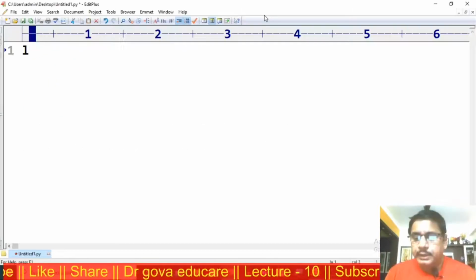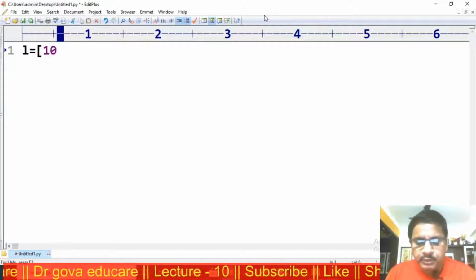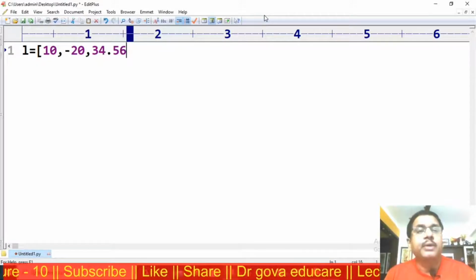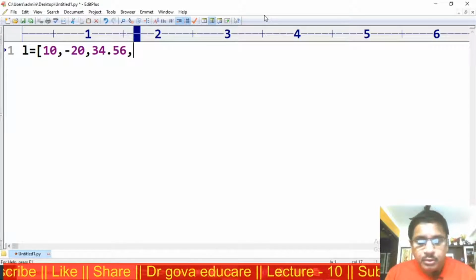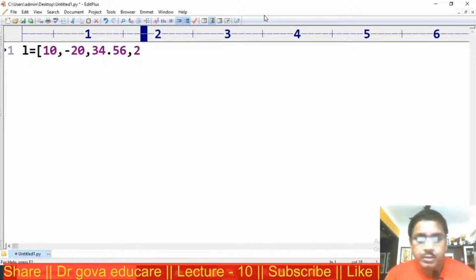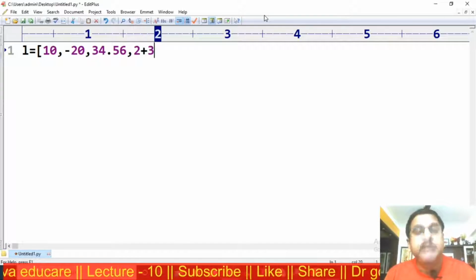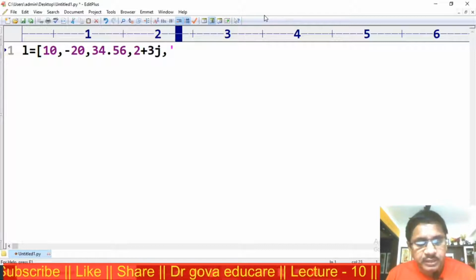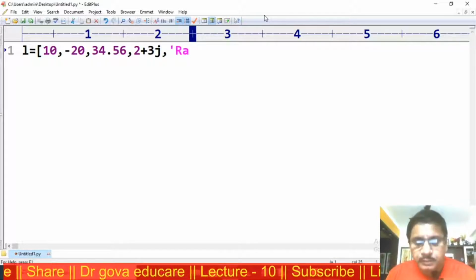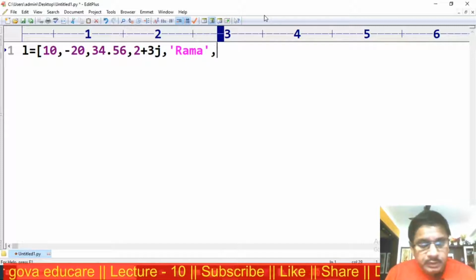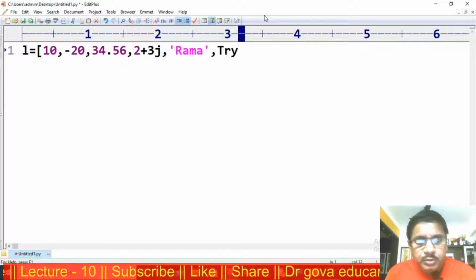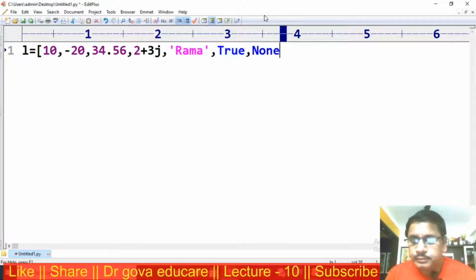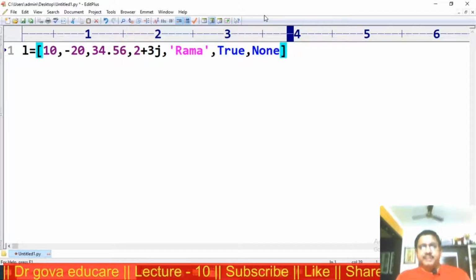Now L is equal to 10, minus 20, 34.56, 2 plus 3j, a string Rama, a boolean value true, and none data type. These are the elements in the list.